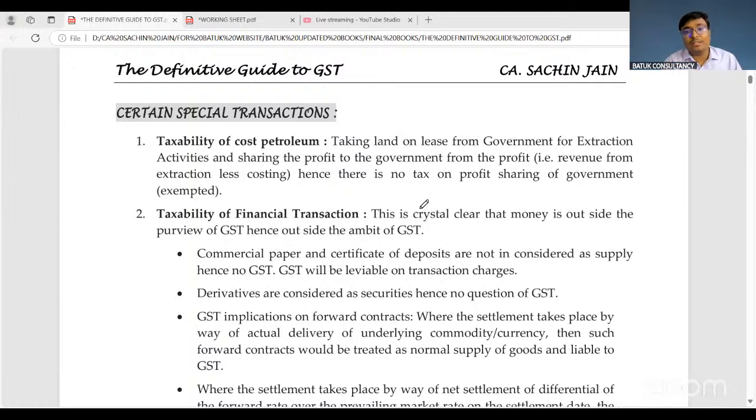Now in our next session, that means in our tomorrow session, we'll start our discussion from schedule number 1, then we'll cover schedule number 2. We'll share with you a technique for how you can remember schedule number 2 and schedule number 1. We'll also share schedule number 3, neither supply of goods nor supply of services, and also we'll discuss certain special examples related to financial transactions, and also the composite and mixed supply. Tomorrow we'll meet sharp at 8 p.m.